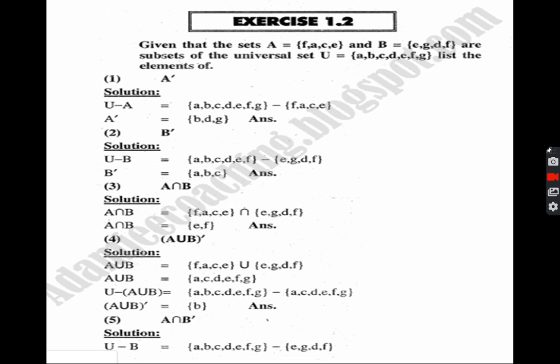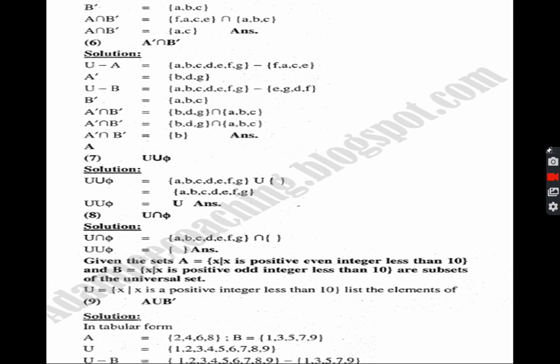5, A इंटरसेक्ट B होल कॉम्प्लीमेंट। अब फर्स्टली हम B कॉम्प्लीमेंट करेंगे U माइनस B, ये हमारे पास फॉर्मूला है, और फिर अब हम U की वैल्यू डाल देंगे A B C D E F G माइनस, उसके बाद हम B की वैल्यू डाल देंगे, और B की वैल्यू है E G D F। सो हम माइनस करेंगे तो हमारे पास जो आंसर बचेगा वो बचेगा A B C। अब A इंटरसेक्ट B होल B कॉम्प्लीमेंट, सो A की वैल्यू है FACE, और B कॉम्प्लीमेंट की वैल्यू जैसा कि हमने ऊपर निकाली वो है हमारे पास ABC। सो जो हमारे पास आंसर बचेगा इन दोनों में